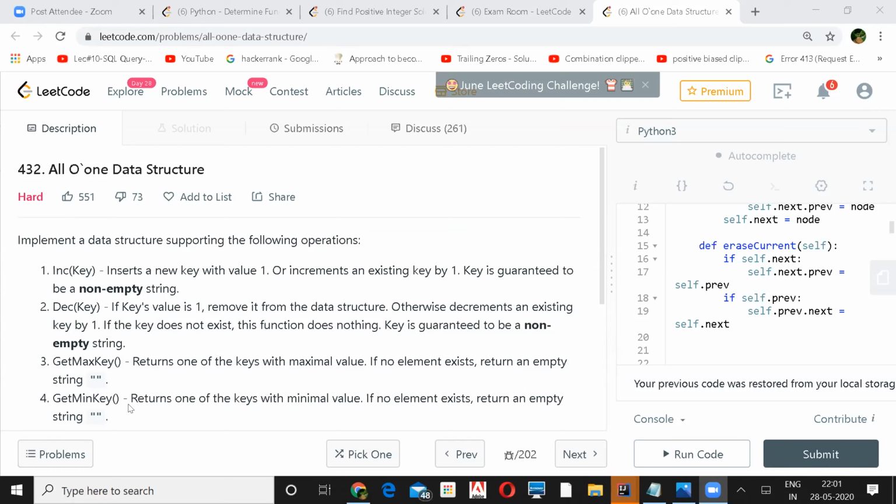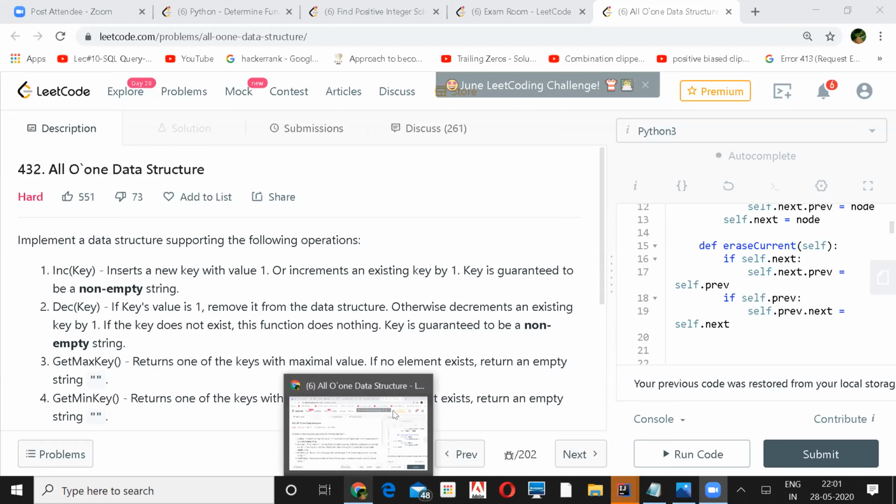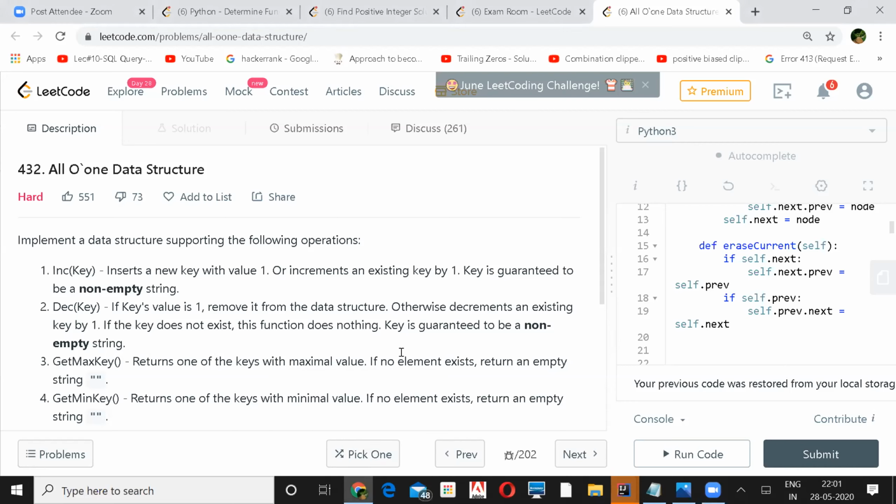I think we might need to use a map and a min heap and a max heap. For each element, we store the min and max at that point and sort the heap accordingly. One heap is for the maximum value and one is for the minimum value. And when we access the item, we access it from the map. I was trying to use that to implement, but I couldn't come up with a complete solution.